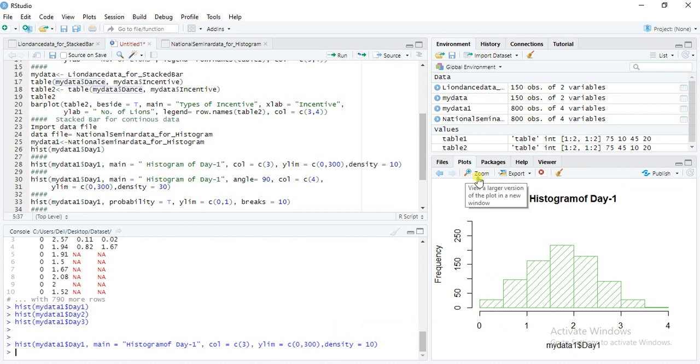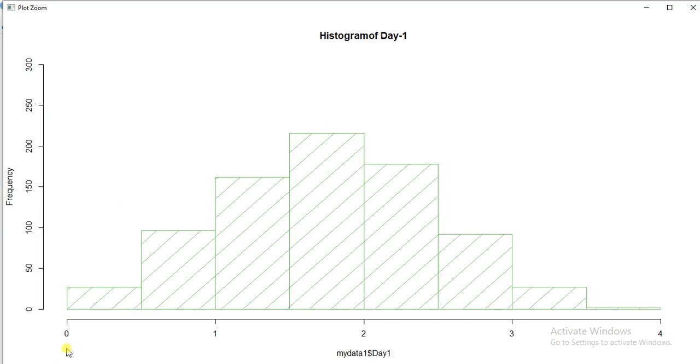This is our graph. So it is normally distributed, and density relates to these lines.